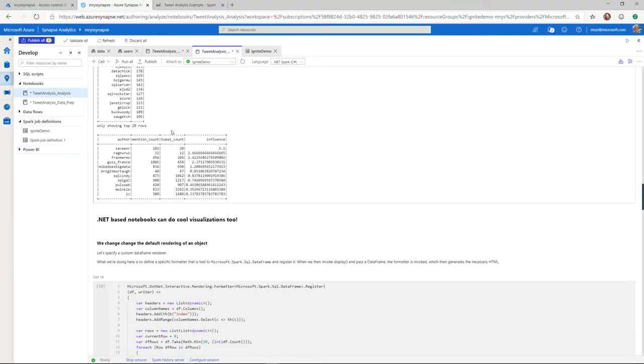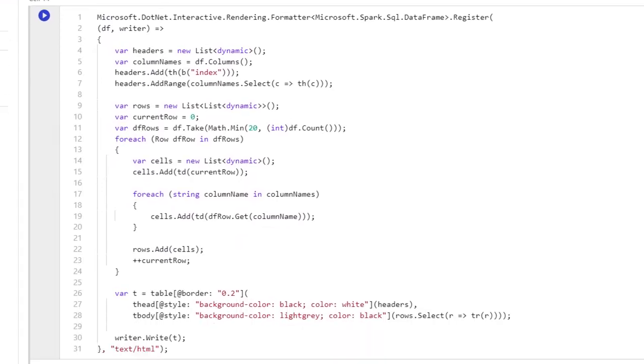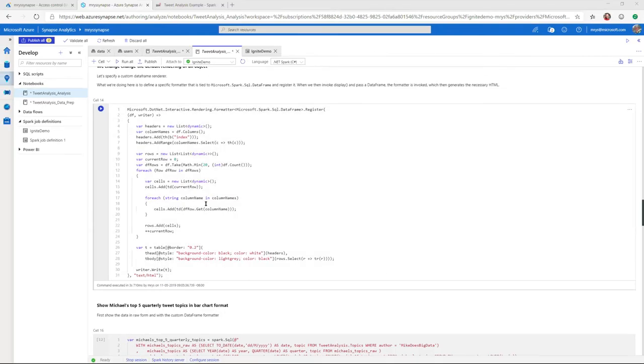Now, to show you the last part of the demo here, we can also do notebook visualizations. And in two ways. The first way is that I can actually build my own formatters. So in this case, the code that I have here is writing a special formatter for a SQL data frame, which is the object that gets returned. What this does is it basically does some pretty printing instead of that ASCII thing that you've seen for tables. I do now a pretty printing of my data frame. And so what I do down here is, in the next frame,